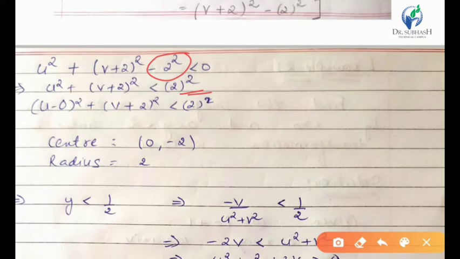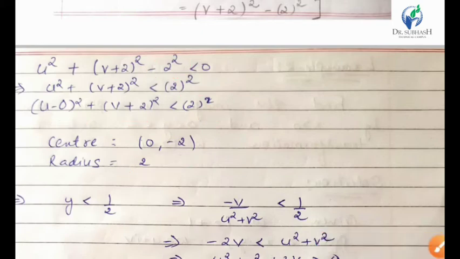Now we can find this like the equation of a circle, because u can be written as u minus 0 square. This term will be as it is and 2 square will be as it is. So by the equation of circle, just now I have said, here the center will be 0 and minus 2, and what will be our radius? Our radius will be here 2. So for the first portion, that is 1 by 4 less than y, we have obtained a circle of radius 2 and center 0 minus 2.